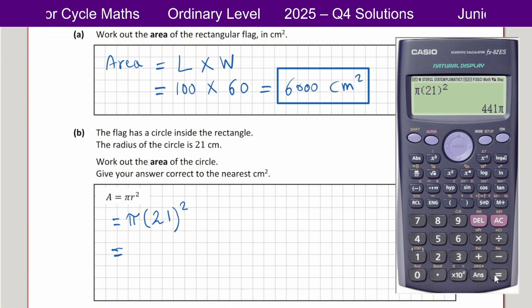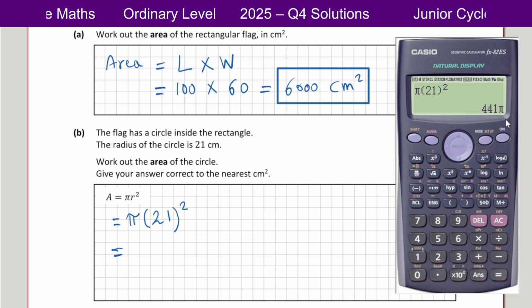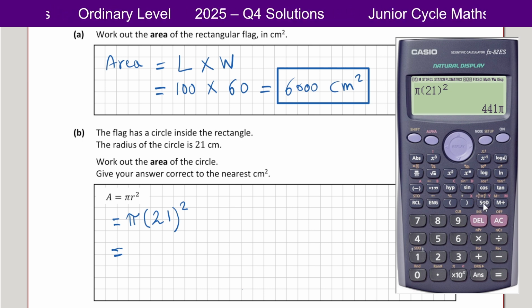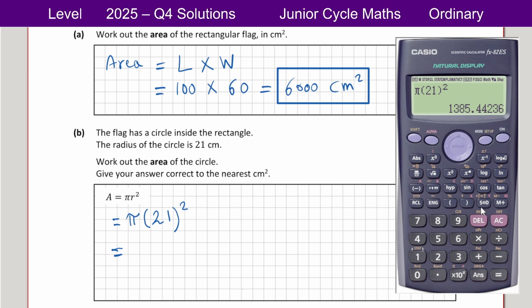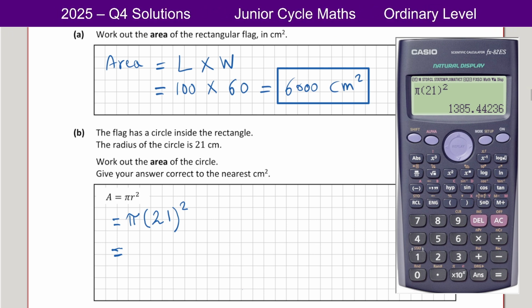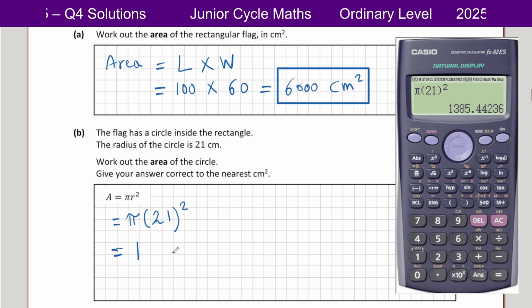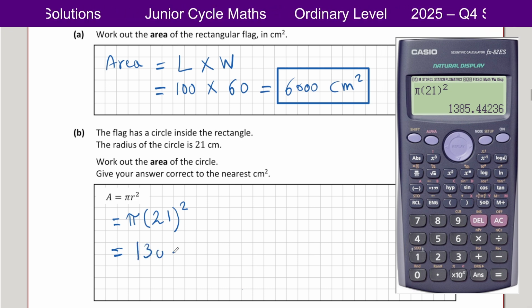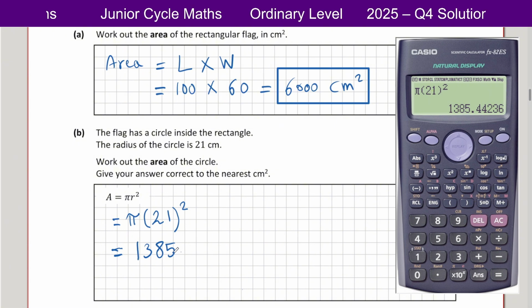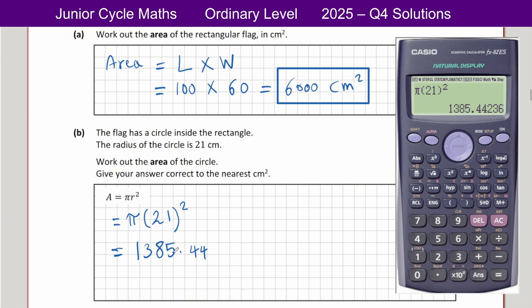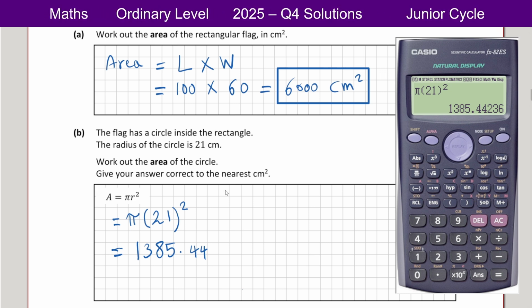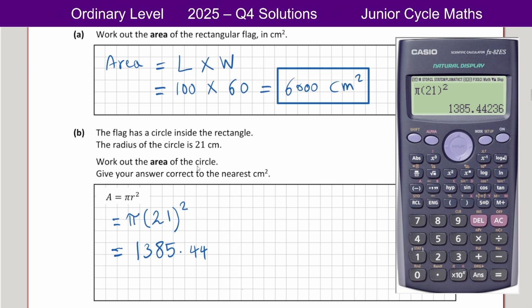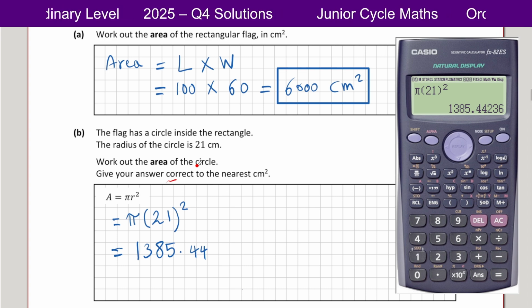Okay, and we get the answer, which is 441 pi, and we have to convert it to the decimal form using the SD button. Okay, and the answer is 1385.44, in centimeters squared. Okay, but the question says we have to give the answer rounded